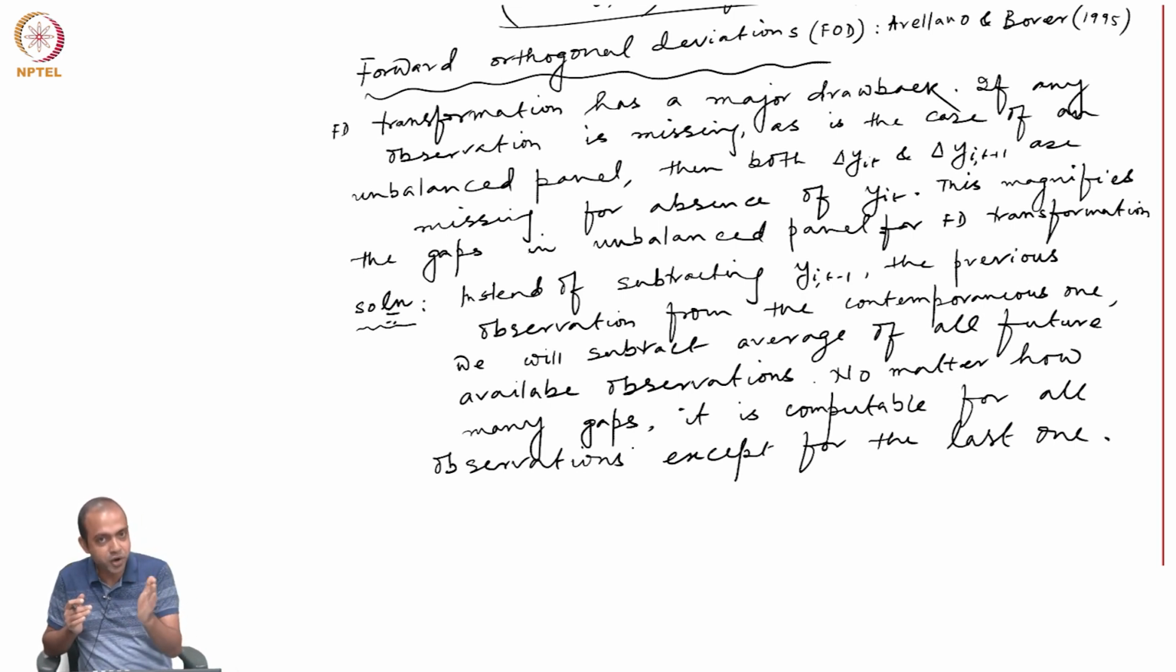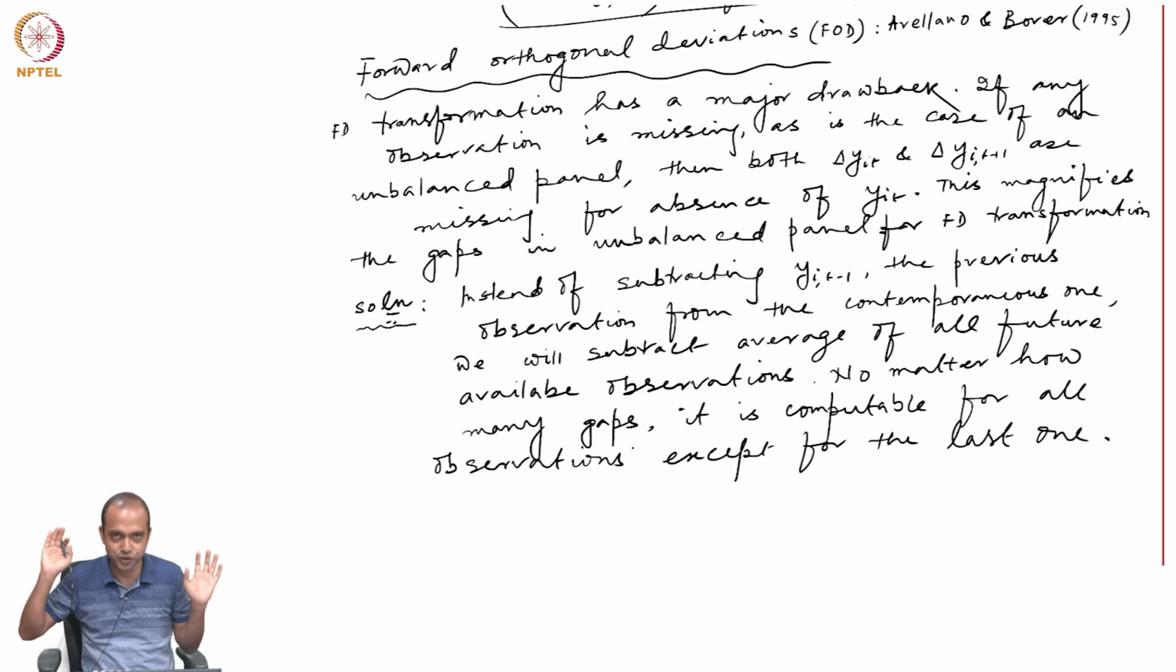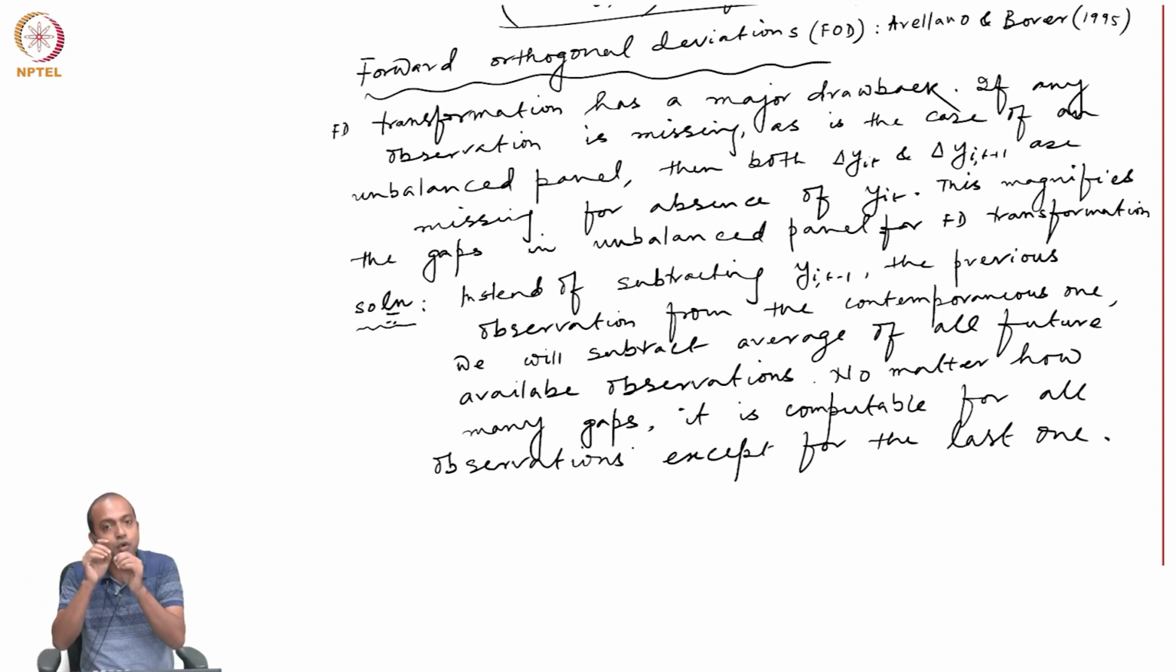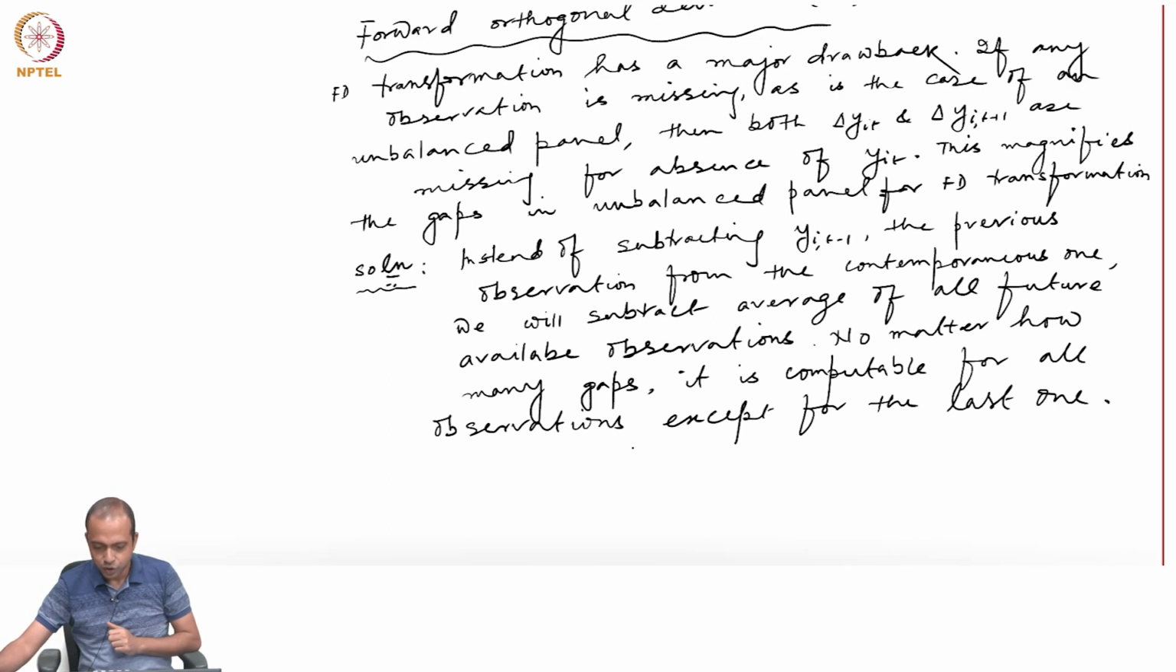So, instead of subtracting y_it-1 from y_it, which is basically magnifying the gaps when some y_it is missing, what I am subtracting from y_it is the average of all future observations. That way, even if some of your observations are missing, it is computable for all the observations except the last one. So, in short, precisely what I am doing,